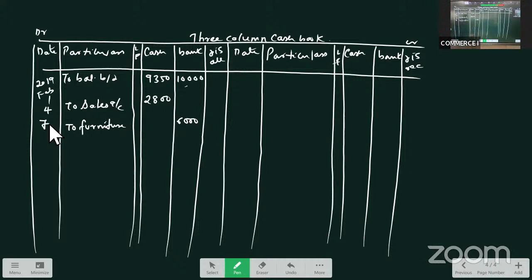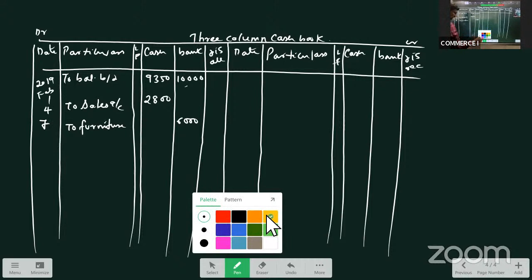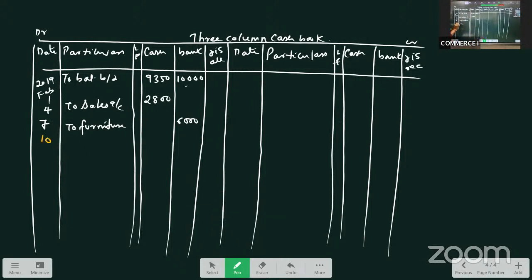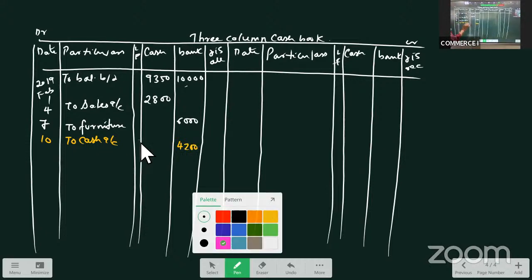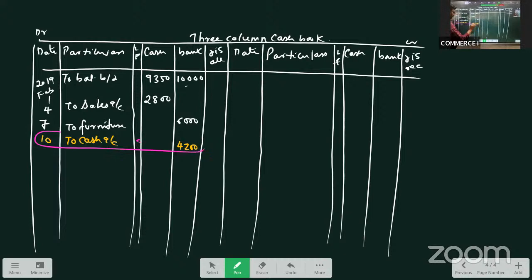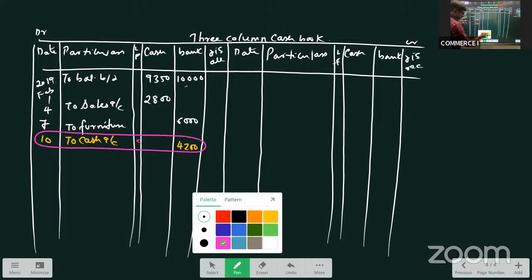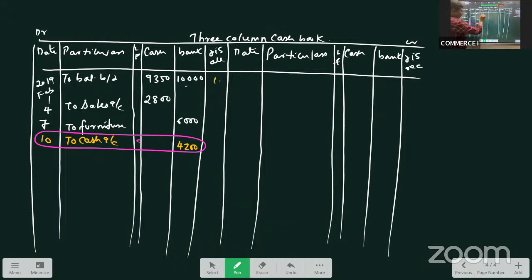Next is cash deposited into bank on 10. On 10, we have deposited cash into bank. Deposited into bank is what? Yes, it is a contra entry. It will appear both on the debit side and credit side. On the debit side, it will be to cash, amount in the bank column. Okay, and the same entry on the credit side as by